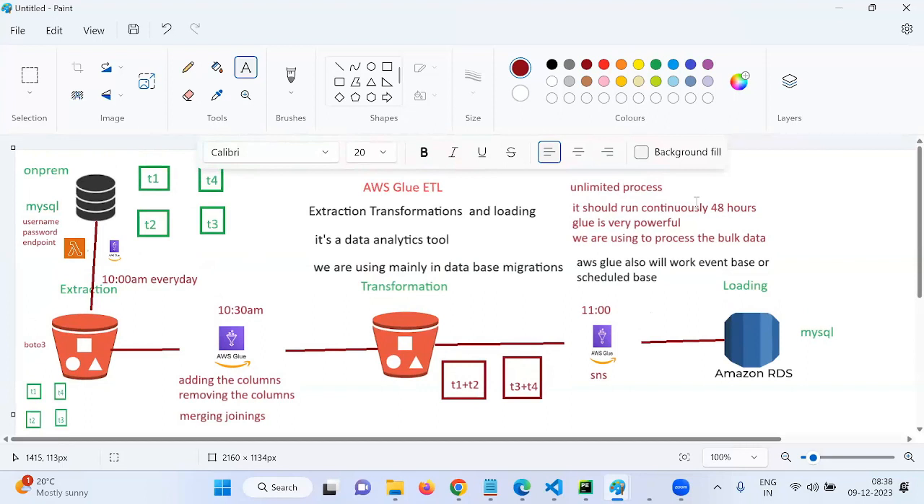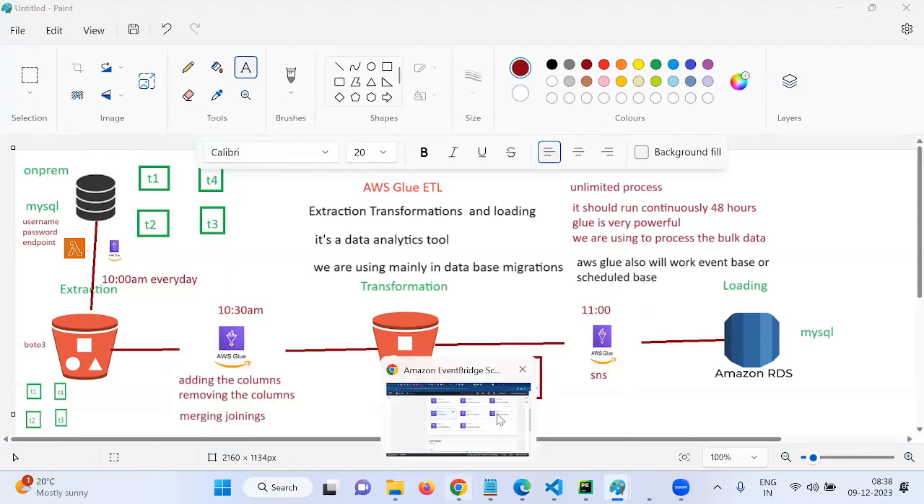Clear? Anyone has any doubts? Very good. This is about AWS Glue ETL. Let me show you in the